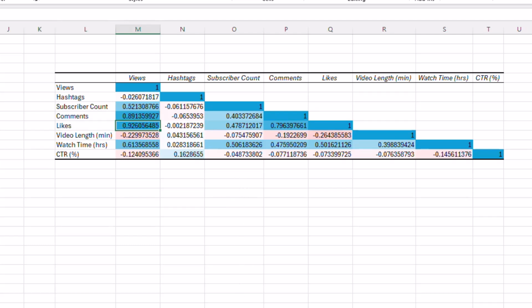And usually we want to look at the area of views, right? We want to see how these things impact our views, because usually we want higher views, for the most part. Now, video length is something that we might want to look at here, because the higher the video length goes, that means there is a negative correlation. Maybe it could bring the views down. So we need to look into that. So once you look at the different variables that you want to choose, these are some ways to give you an idea how to adjust some levers in your videos using